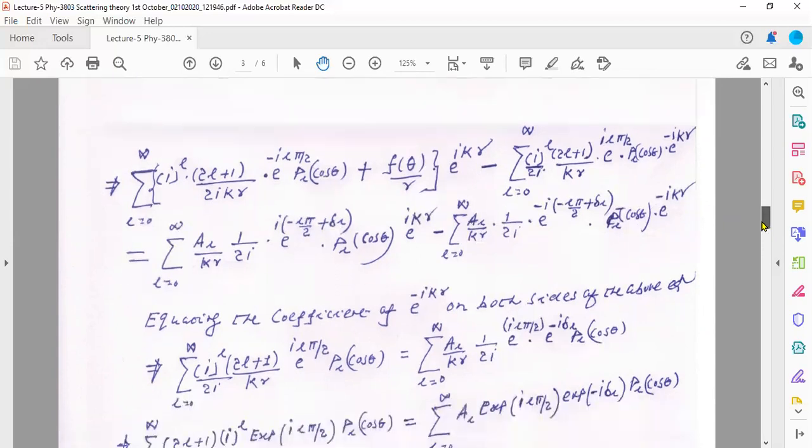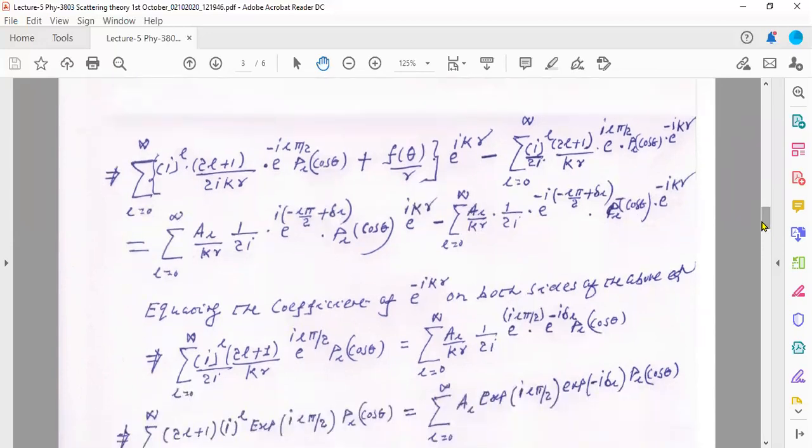Friend, the derivations are not given in your textbook. So I have mentioned them here and I will upload this lecture note, all the lecture notes, for your record. So I request you that when you refer to this lecture note, please download the lecture notes of all the classes, prepare your own notes, and then you will understand each step very carefully.